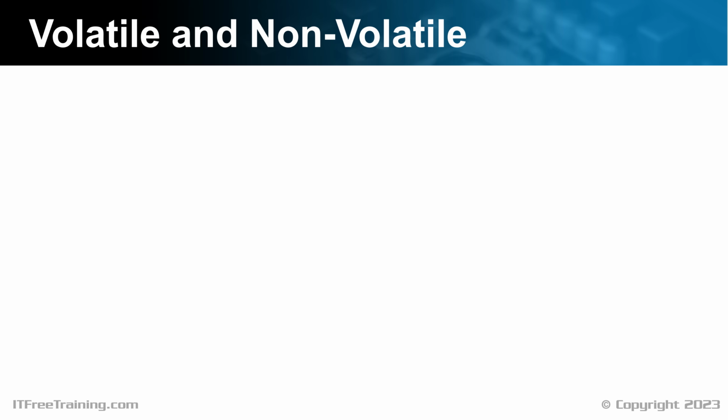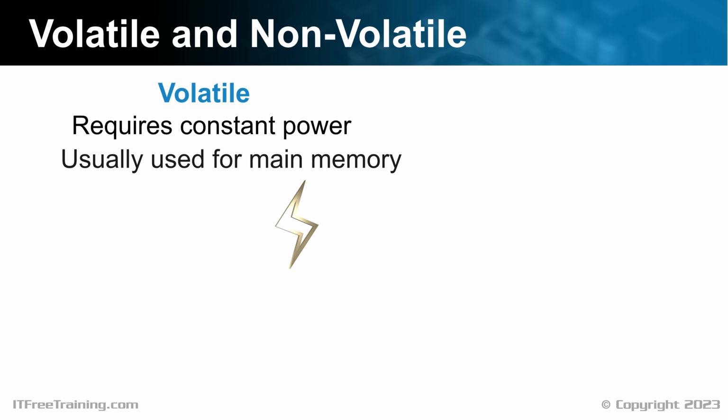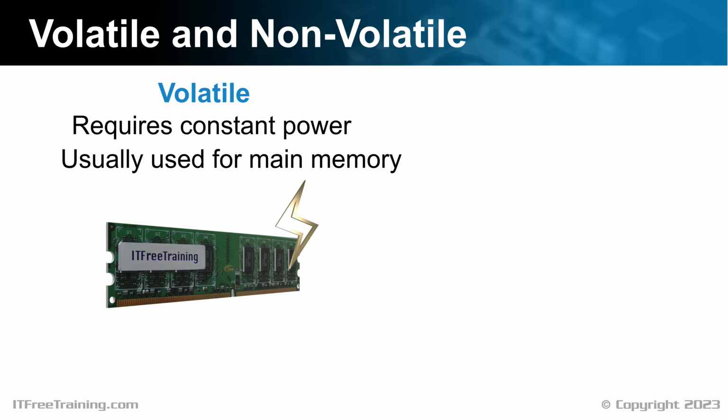The next point to consider is the difference between volatile and non-volatile. Volatile storage requires constant power in order to keep its data. If the power is lost, so is all the stored data. Volatile storage is usually used for main memory. Main memory needs to be fast. Having to keep main memory powered is a small price to pay for extra speed. The disadvantage of this, besides having to keep it powered the whole time, is generally heat will be generated, and thus the device will need to be kept cool or have some way of cooling itself.